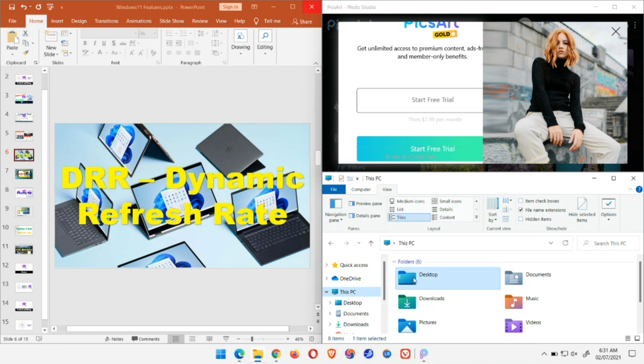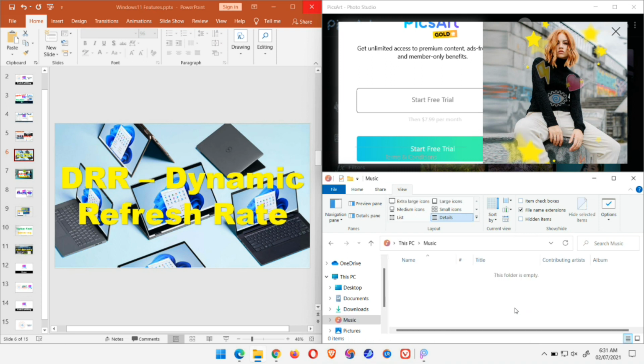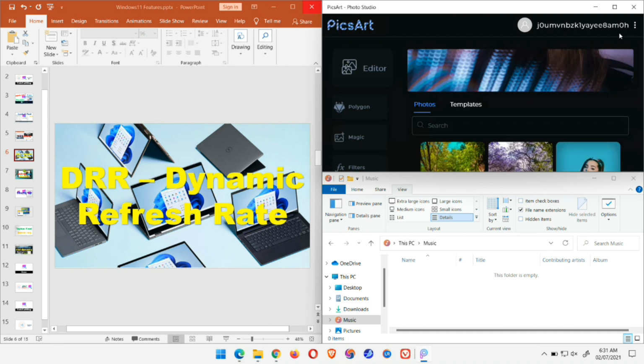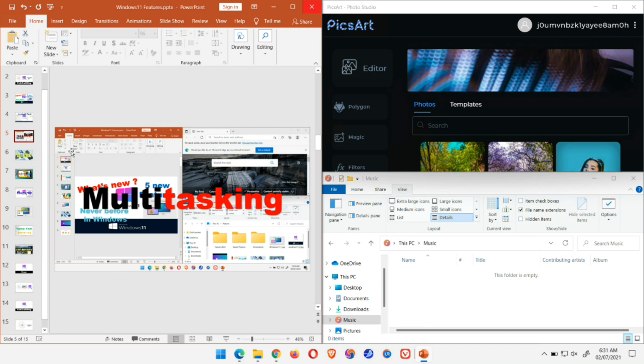So I can do parallel stuff in this, like I can select the structures, the other panels remains the same, and I can make changes in any of the panel as per my need. So it is not going to affect the other panels. So this is the multitasking feature which Windows 11 has introduced. One can play a video over here, and at the same time, while enjoying the video, he can do some PPT kind of stuff, and there are a lot of other stuffs which can be done parallelly.